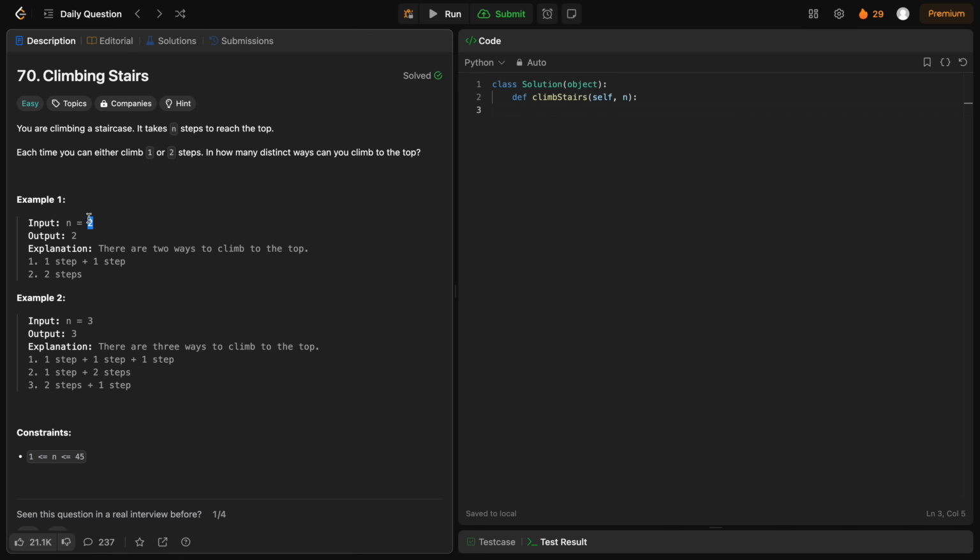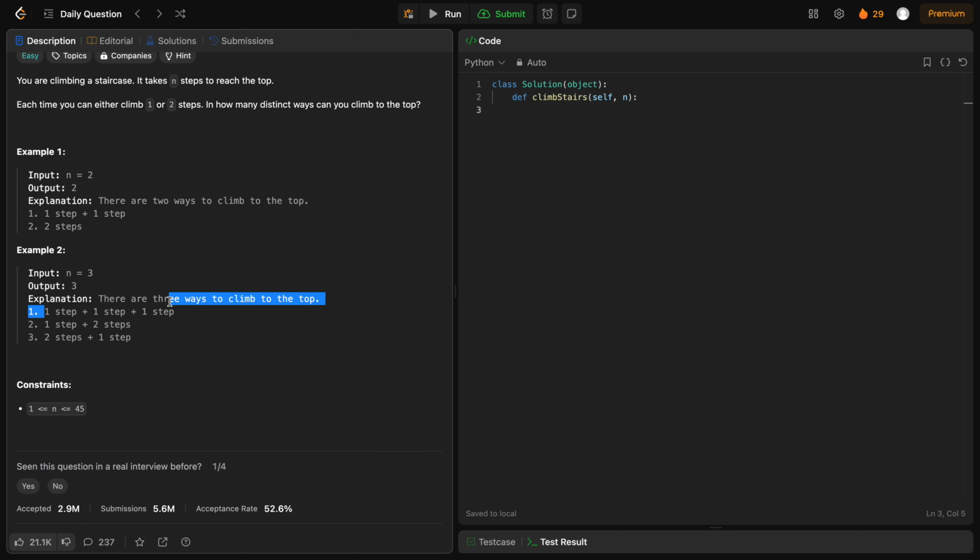Here the staircase is 2. The output is 2. So you can take one or two steps here, or 3 ones, and basically 3 steps, 3 ways. So to solve this, we're going to define